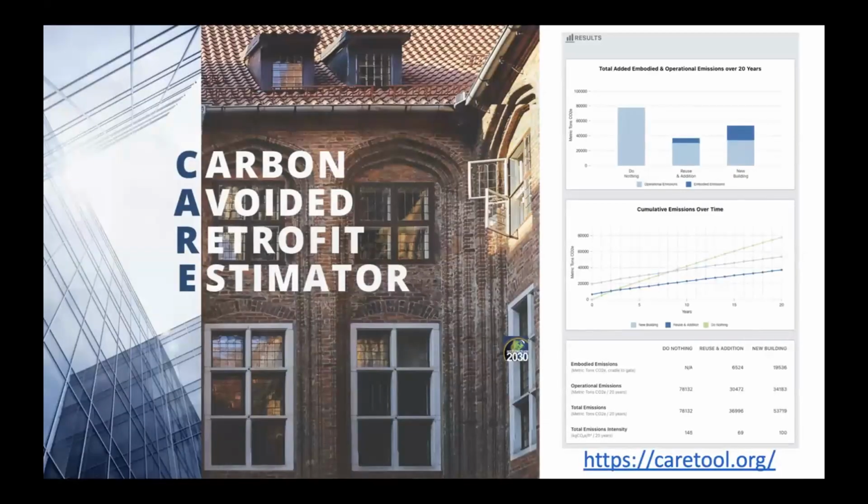There's a new tool available to help make the carbon case for reusing and upgrading buildings easier. In February of this year, Architecture 2030 launched the CARE tool. It's designed to do quick upfront carbon estimates comparing a reuse project to a new replacement building. I've been working on this tool for more than 3 years, along with Aaron McDade of Architecture 2030 and Lori Ferris, who's currently chair of AIA COAT this year and the Zero Net Carbon Collaboration.